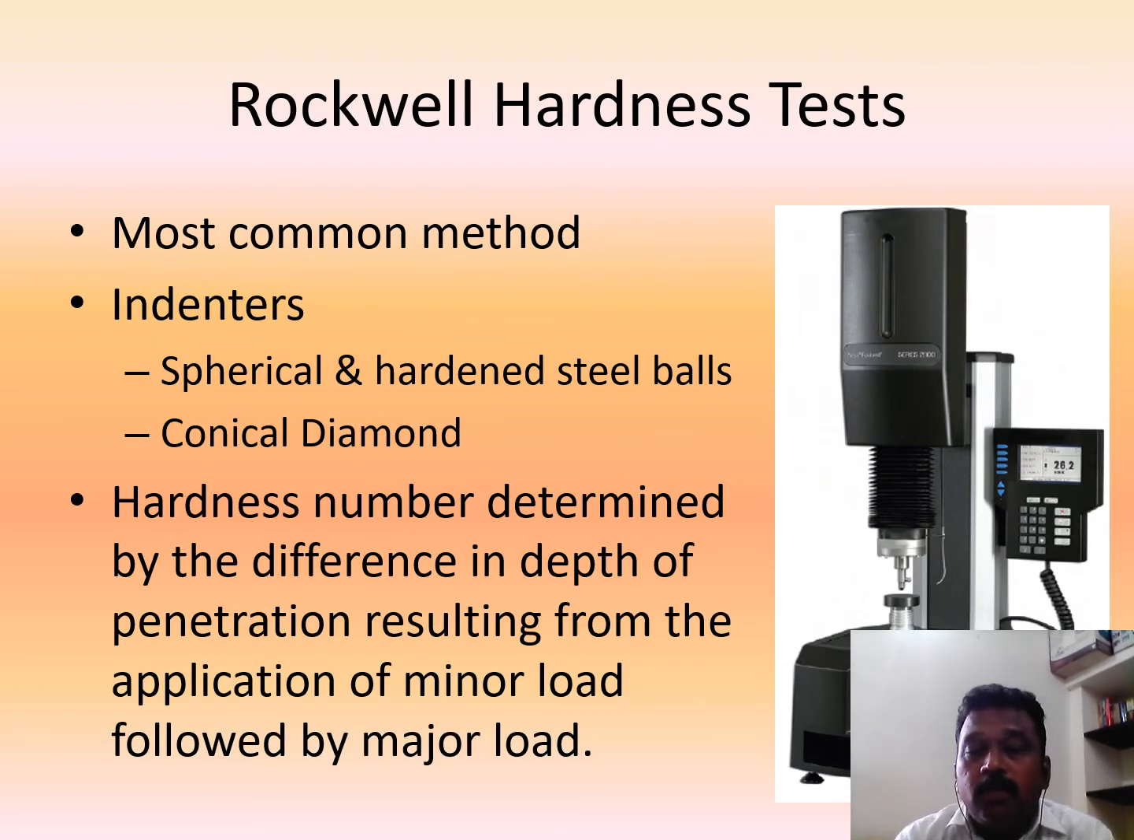So this is the equipment used to carry out the hardness test, that is the Rockwell hardness test. This is the most common method, and we use two forms of indenters. One is spherical, hardened steel balls. The other is conical diamond. By pressing the indenters over the surface of the material to be tested, we can find out the hardness